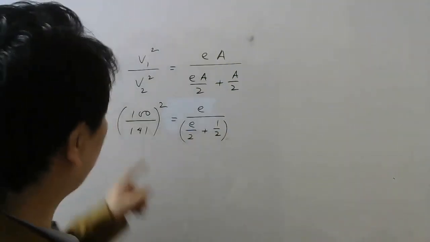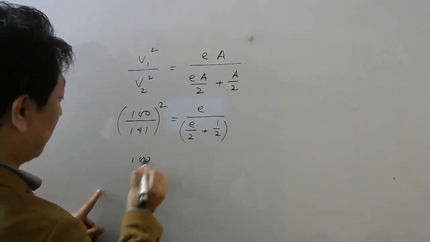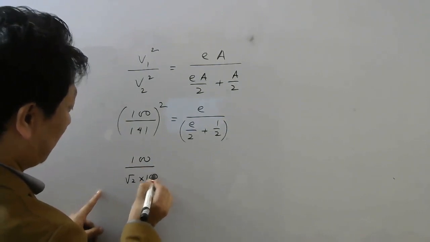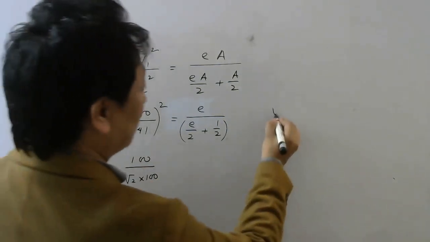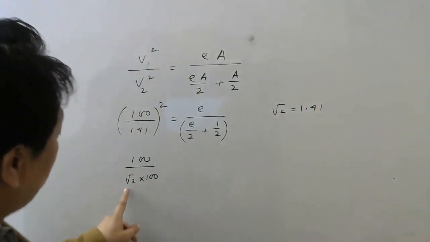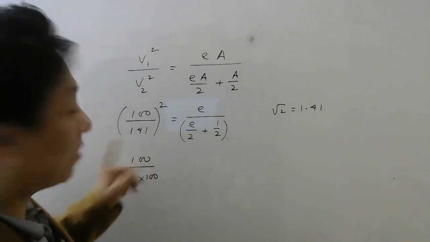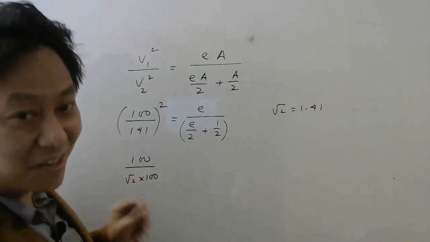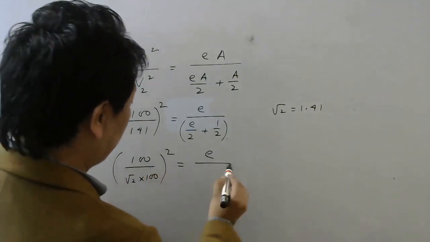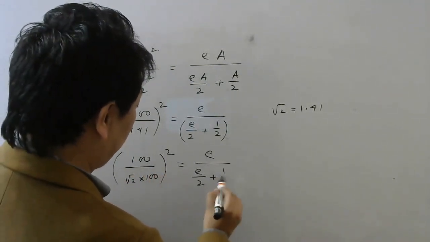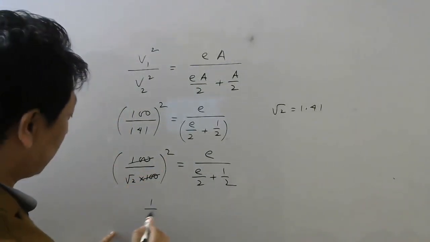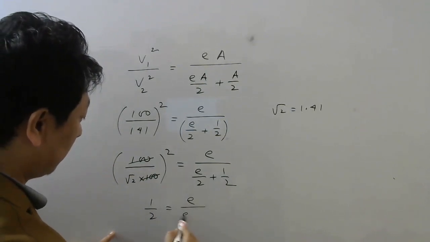right? A smarter way to solve this is, 141 can be written as root 2 into 100, because root 2 is approximately 1.41, right? So if you multiply 1.41 with 100, you will get 141. So try to remember such tricks, it will be very useful. So whole square will be equal to E divided by E by 2 plus half. So this 100 and 100 cancels, 1 by root 2 whole square will be 1 by 2, E by 2